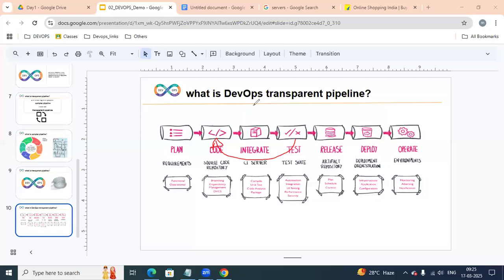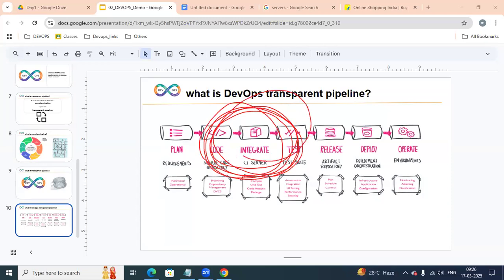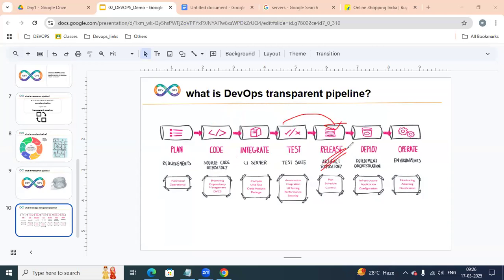The developer has to fix the issue. Again integration, again verify the test cases. If we get an error again, it automatically reverts back to the developer. The developer has to fix the issue, integrate, and execute again. This entire process is repeated again and again until there are zero errors. If there are zero errors, with working software, we are going to deploy our applications. It is delivered into the release, continuously delivering.